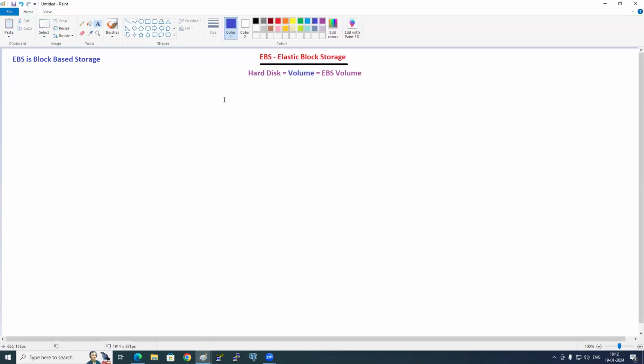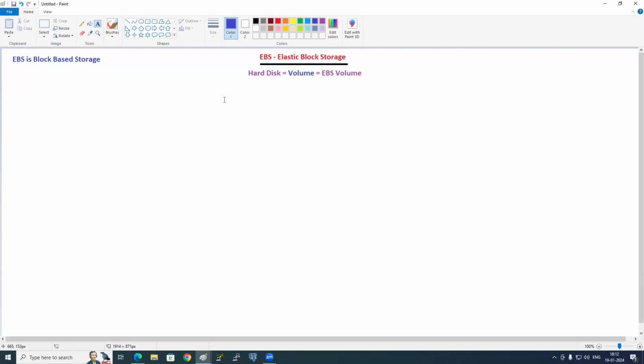How many steps are there to launch an EC2 instance? 7 steps. I'll be asking this question so many times. How many steps are there to launch an EC2 instance? 7 steps. In one of the steps, we need to talk about the hard disk. From now onwards, hard disks are called as volume. So one of the steps is related to your volumes.